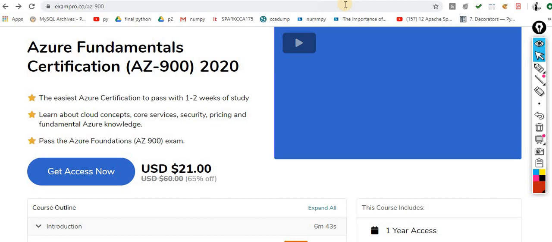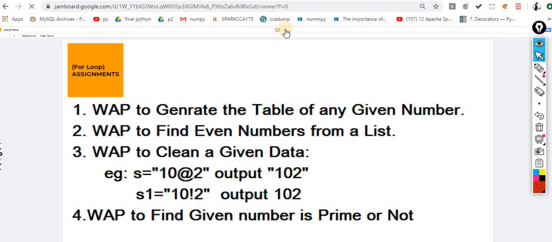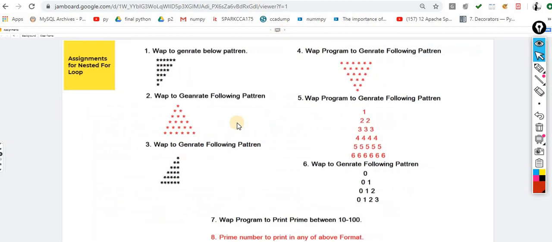Where are the assignments? Oh, yeah. Time for assignments. So these are the assignments. Okay, the pattern number 1 that you have to print is in this direction, exactly reverse. Earlier we printed something like this. Now this time we have to do the reverse loop, a single line of change in the entire code. Okay, you have to print this.